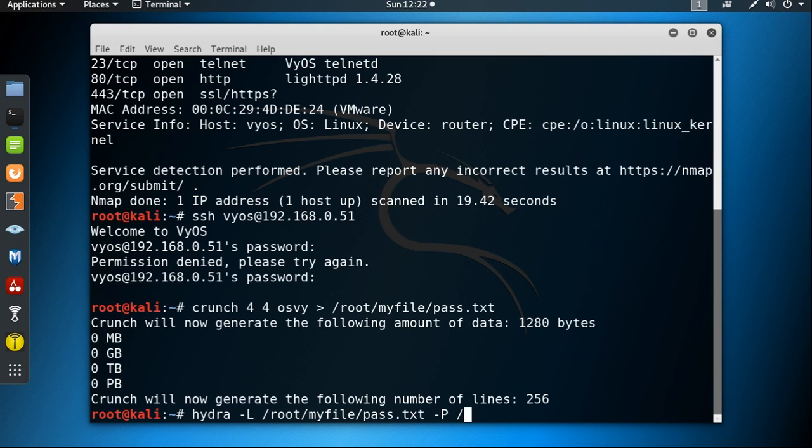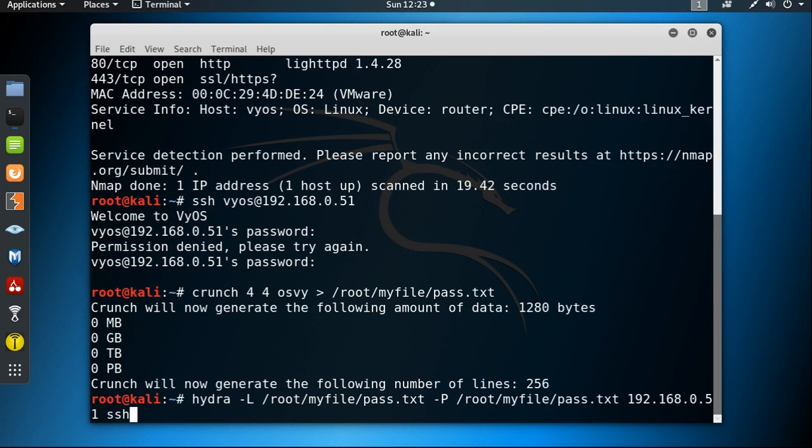It's also under root, then my file, then pass.txt, and then the IP address 192.168.0.51, and the service is SSH.